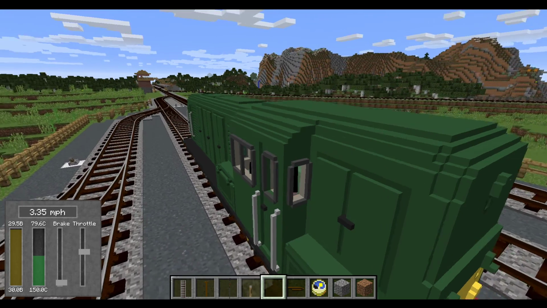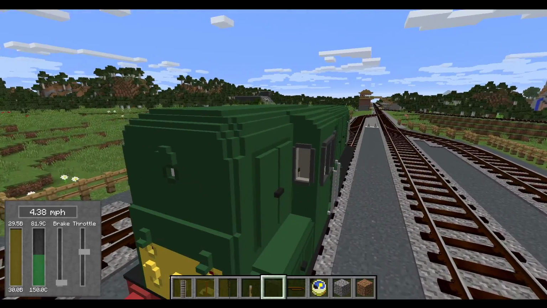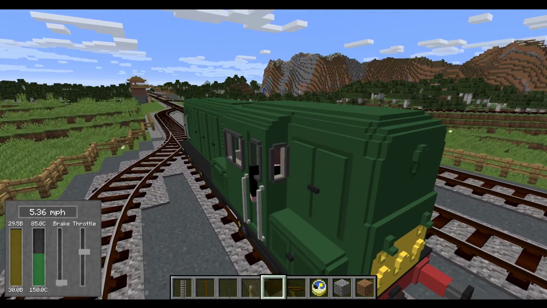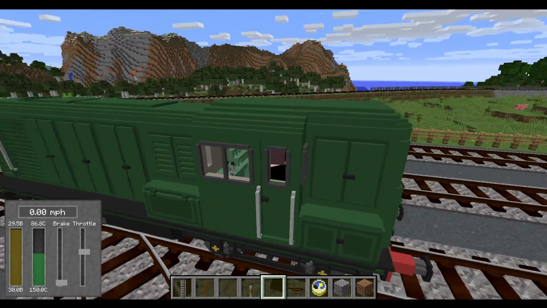I'm not sure how it's going to handle the points. I should have spawned it on the middle road, then it would have gotten it straight. Okay, there are no livery variants for this as of yet, but I'm hoping that we can get it in sort of